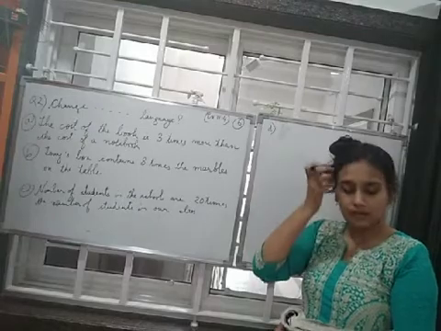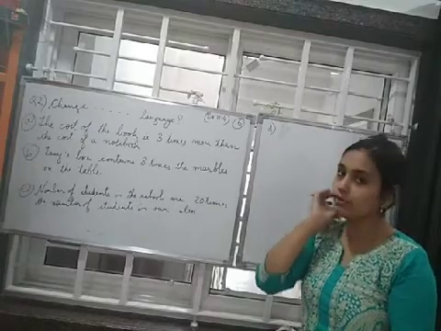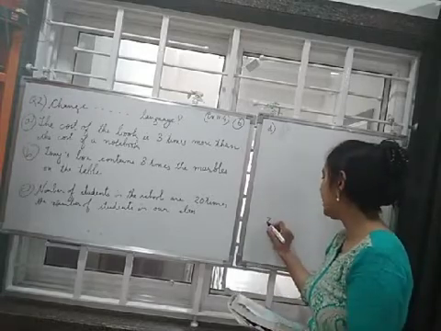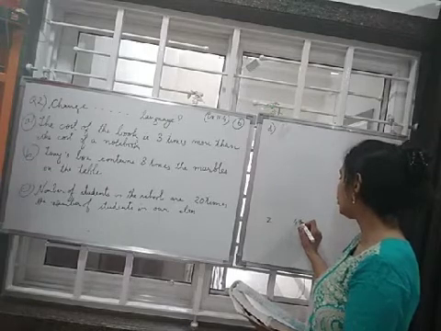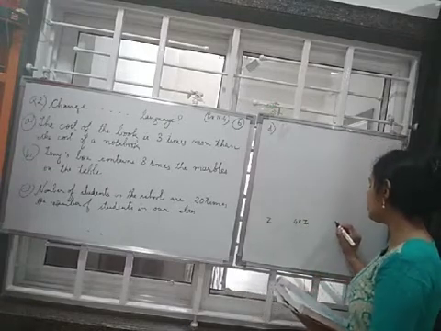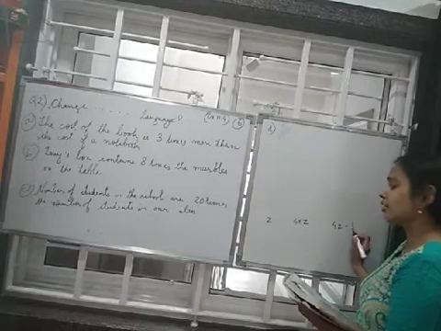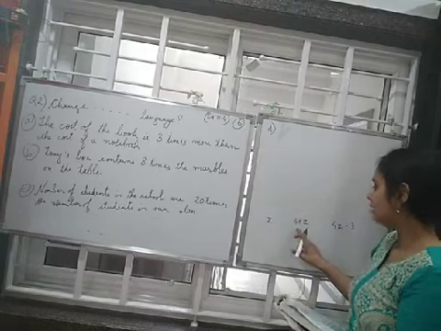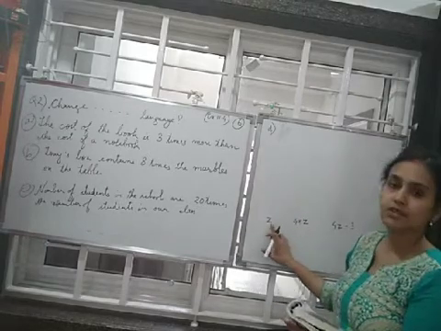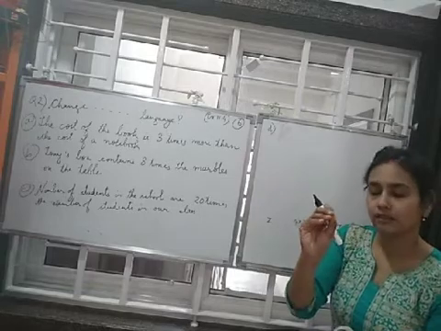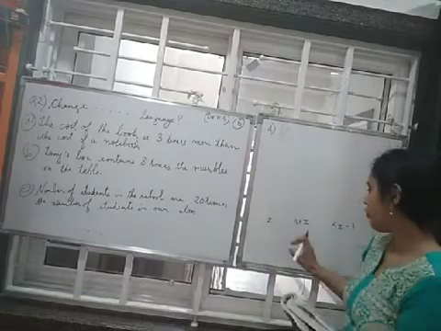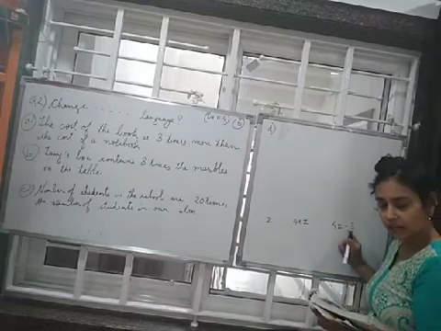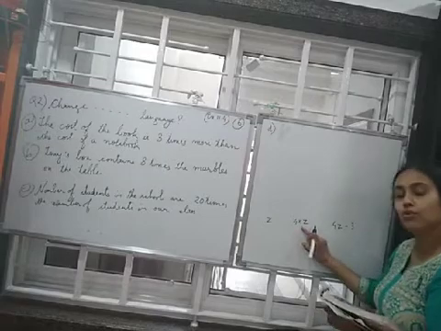So very simple. We'll write the age of uncle as 4 times Jagu's age. Jagu is Z, so uncle is 4 into Z. And aunt is minus 3, that is 3 years younger than uncle. So we'll write, Jagu's uncle's age is 4 times Jagu's age, and his aunt is 3 years younger than uncle.